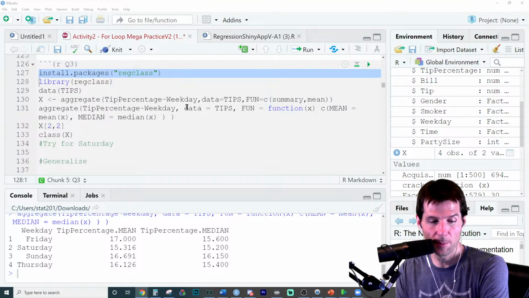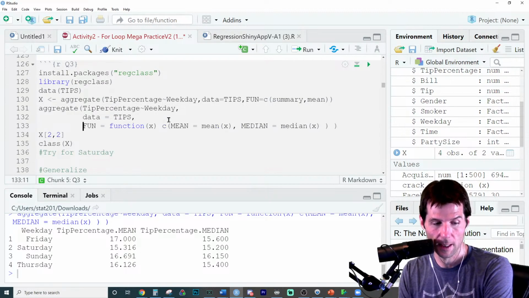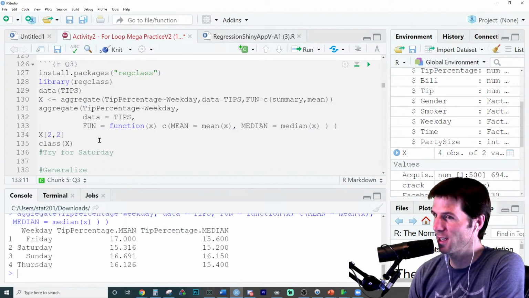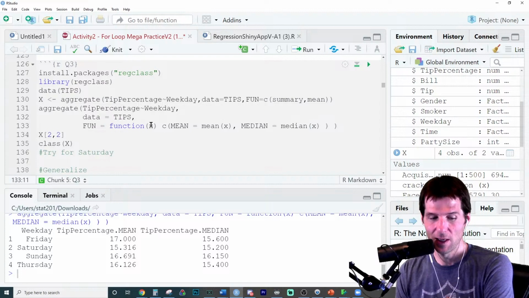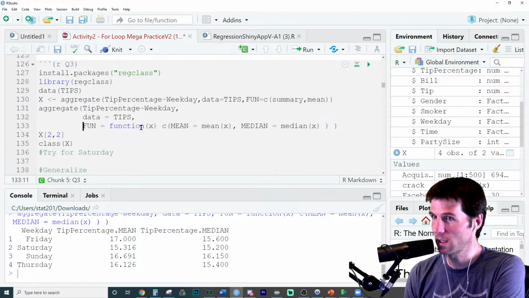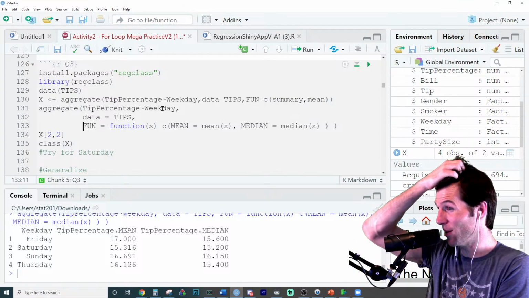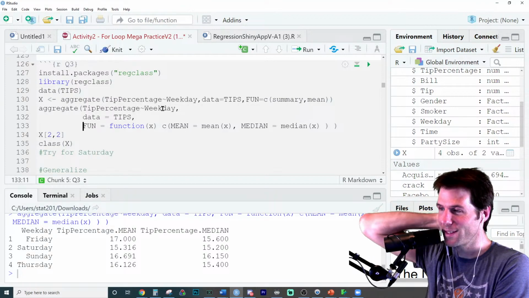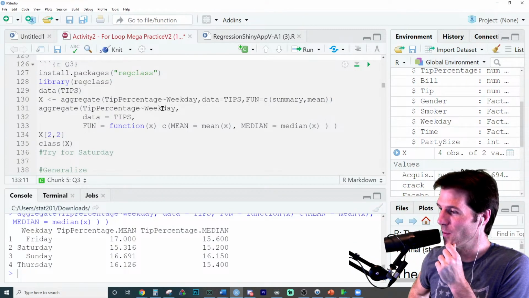And this was pretty complicated right here. This was creating a custom function to, let me put the function argument on a new line. This was creating a custom function to do multiple aggregates. So it's still just running one function, but the function is a function that concatenates the mean of whatever we're doing, and it's taking whatever data we give it and finding the mean of it. So a little bit complicated right there. That's a good one. I can see what it's doing. If you ask me to write that, that might take me a little longer than Googling and finding on Stack